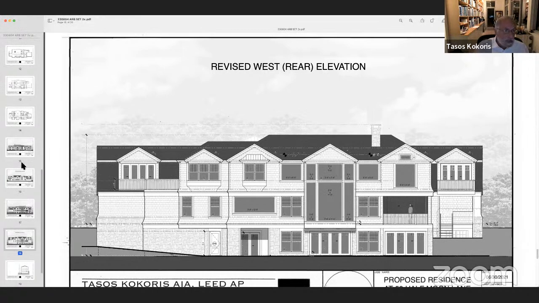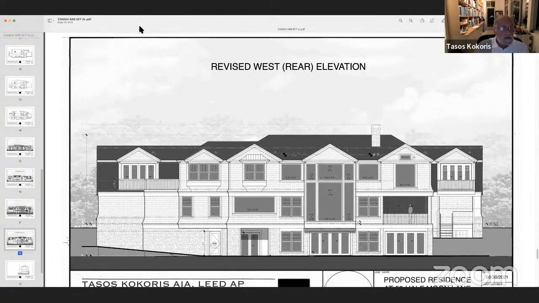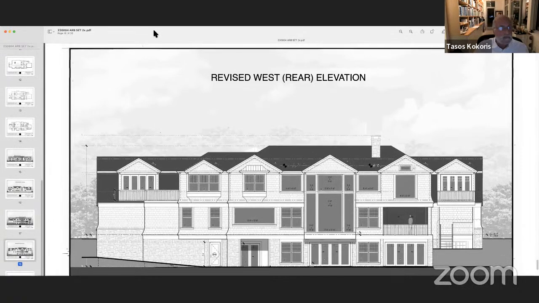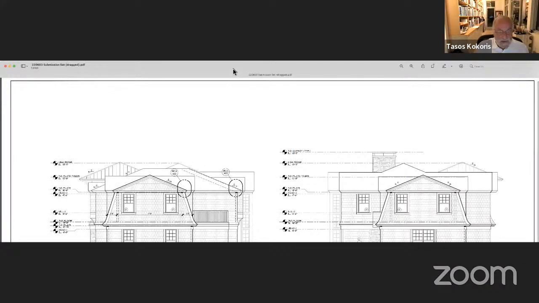Those are really the two changes, the front elevation and the back elevation. I should also say we had an inspection by the building inspector, and he pointed out that we also made one more change, which I will show you in a minute. Let me share my other screen, and then I will keep quiet so that we can all discuss this.